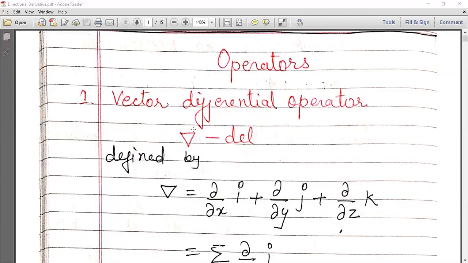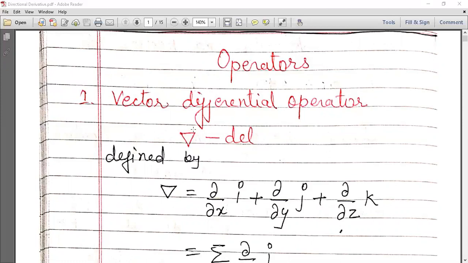On the other hand, we have the vector point function. The vector point function has direction and magnitude, as in the definition of a vector. A vector always has magnitude and direction. So we define the vector point function using i, j and k. It shows how the function varies in the x, y, z dimensions with direction i, j or k.